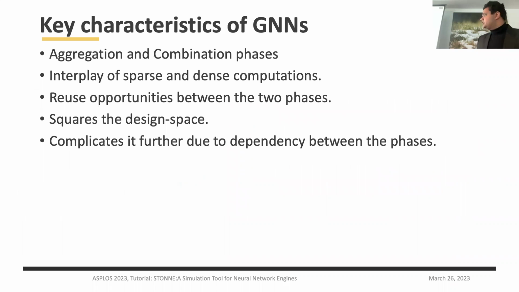So basically your GNN layer is a sequence of SpMM and a GEMM phase. You have the aggregation and combination phase, and there is an interplay of sparse and dense computation. There are also several reuse opportunities between the two phases. And if we were to explore the design space of a GNN layer, now the design space practically squares because